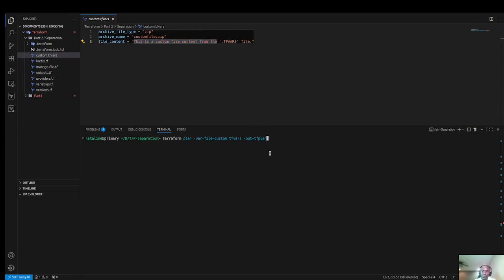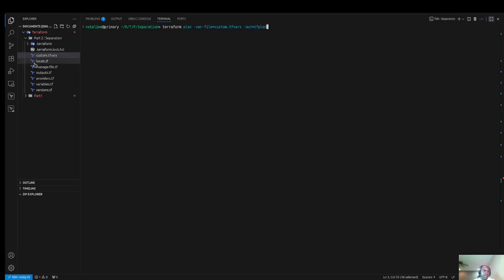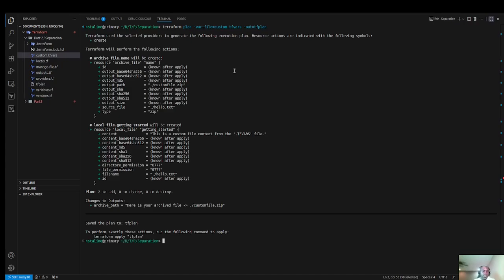Now if we go ahead and apply that, as of now you cannot see any tf-plan here. You will see that it will not put a note anymore saying that something was saved into the tf-plan. Now it says to perform exactly this action, which means that it can guarantee exactly that file content that you see there. It can guarantee you that you will always apply that. Now we're going to go ahead and apply that and see how it creates the content